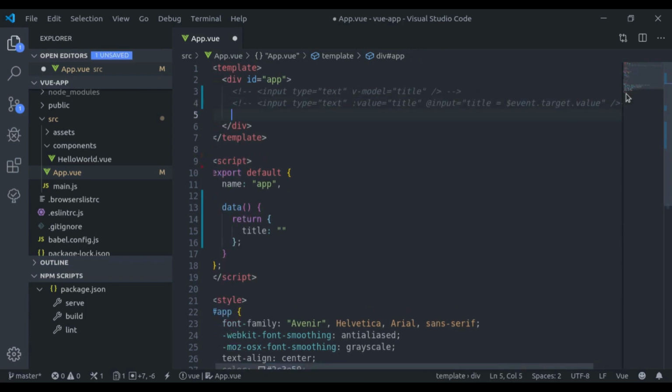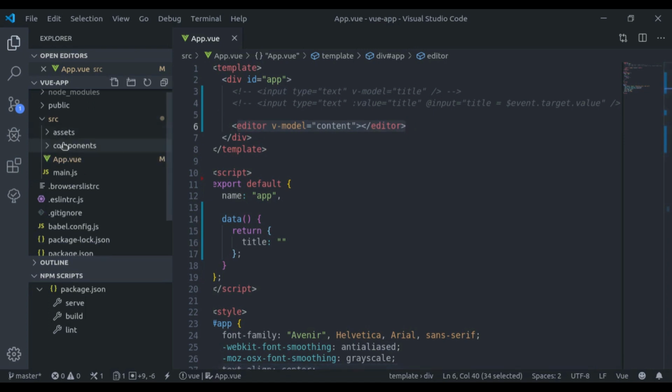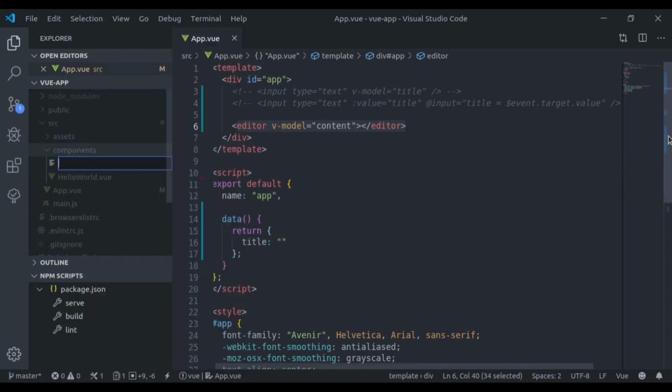So let's say we are creating a custom editor component. Here we want to implement this v-model here. So here we'll say v-model is equal to content. Now how are we gonna implement this? So first let's create this editor component, Editor.vue.